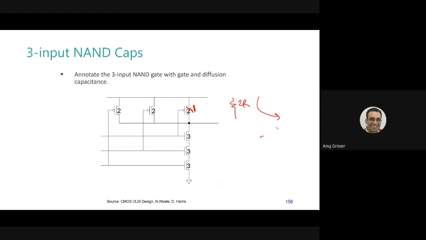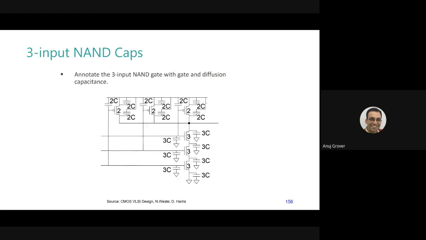So now this is about the resistances. Earlier I had assumed CL to be constant, but in fact CL would also change, and this is how my capacitances would look like. Each of these devices has a 2C at the gate, 2C at the source, and 2C at the drain, because the PMOS is sized twice. Similarly for the NMOSes, 3C at the source, 3C at the drain, and 3C at the gate. So we use exactly the same model for the capacitances also. Are you with me?